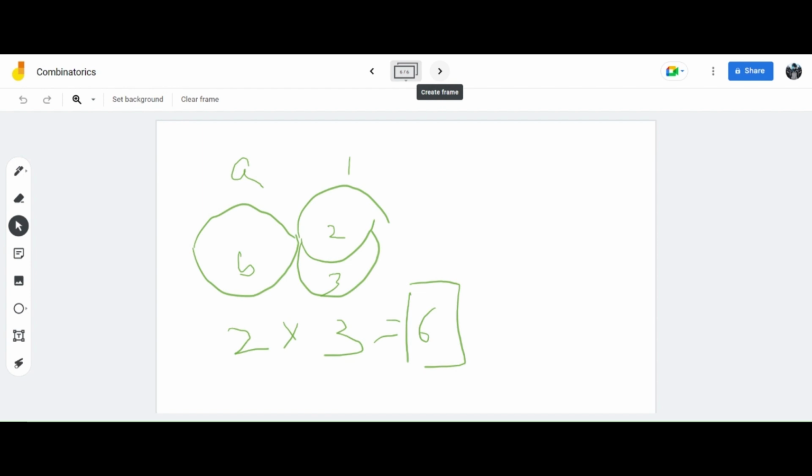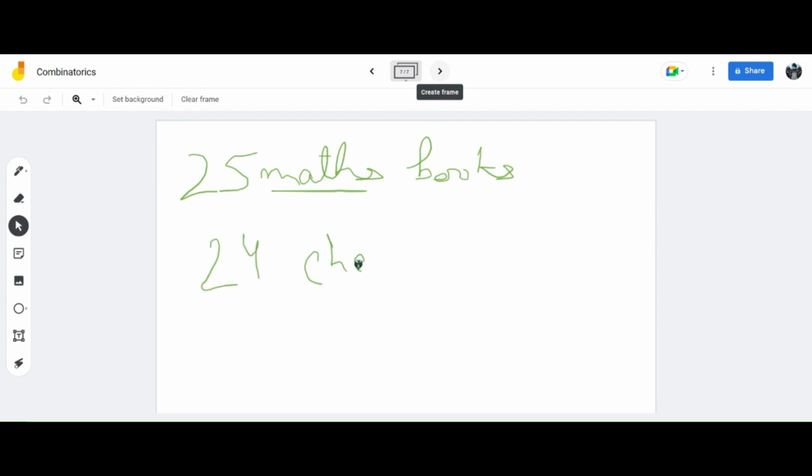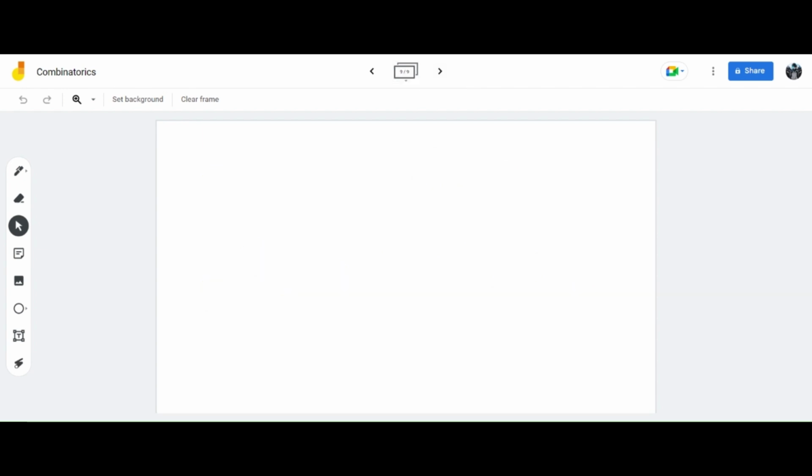So this one is really simple, and we have just done this kind of question. But the numbers are bigger. There are 25 maths books, and there are 24 chemistry books. In how many ways can we pick one maths book and one physics book? Okay, so